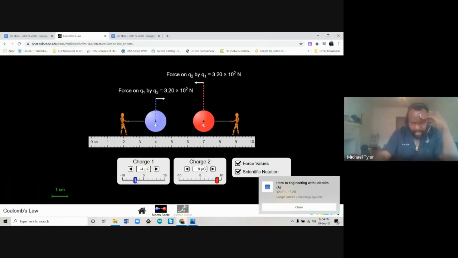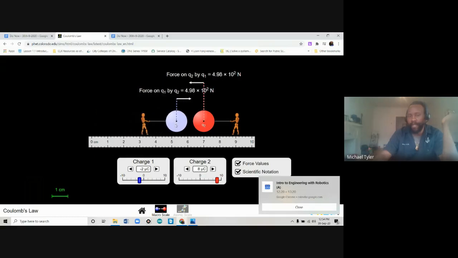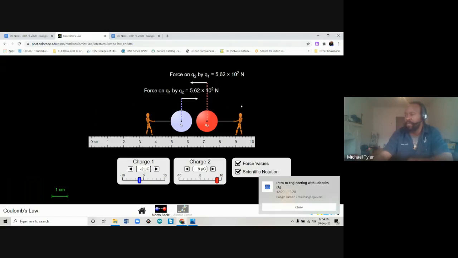And next, we're going to give this a bit of charge. We can change it here by the dial, but we can also move it by grabbing and dragging it. And you notice the closer you get, the electric field or the force of the electric field increases when you get closer to another charge. All right, so this is what is meant by point charges. And it's governed by something called Coulomb's law, just like Ohm's law. But as robotics, or I should say intro to engineering students, we're getting further and further to understanding electricity. And then as we move on, we're going to be doing circuit analysis where you will understand how the power in your house works.